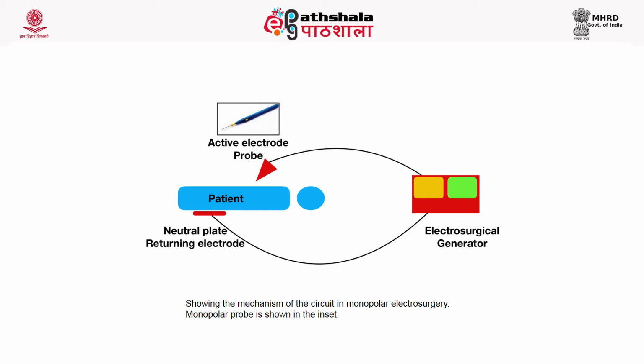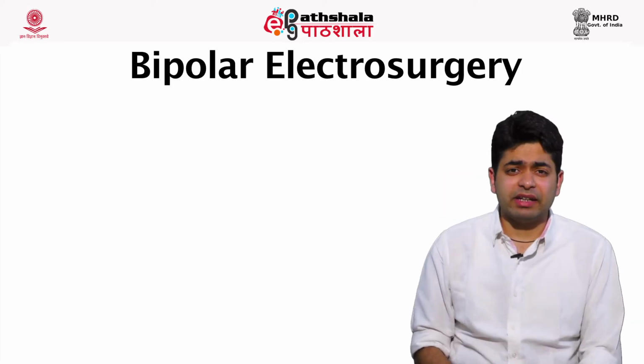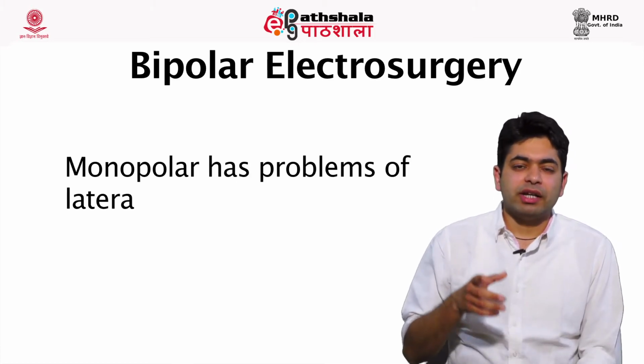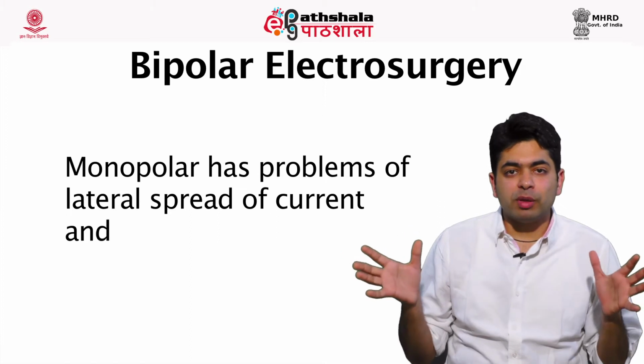The area of this electrode is large and it is kept in contact with the patient over a large surface area, so it never becomes the point of maximum or even point of resistance. The second thing is called bipolar electrosurgery. Now, the problem with monopolar electrosurgery was that it involved the whole of the human body as a part